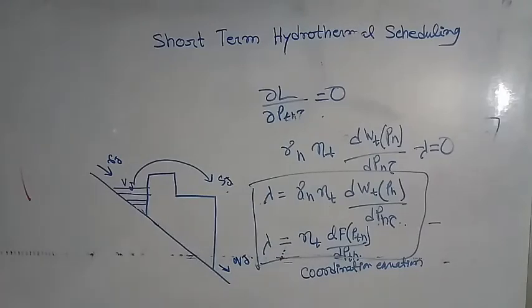Now, while considering the equality and inequality constraints along with the capacity constraints, the bus voltage and power angle constraints can also be taken into account. That is, VI should be greater than or equal to VI min and less than or equal to VI max. Here VI is the voltage magnitude, and delta I should be greater than or equal to delta minimum and less than or equal to delta maximum. The delta is the voltage angle.